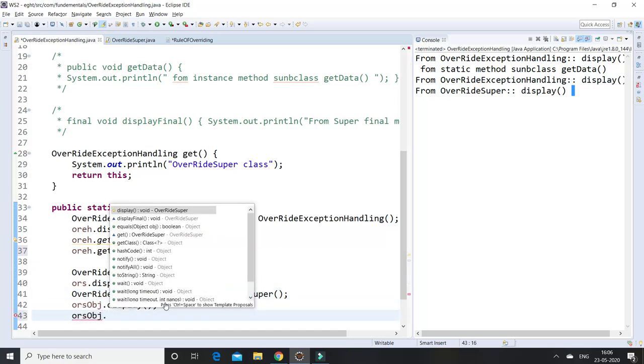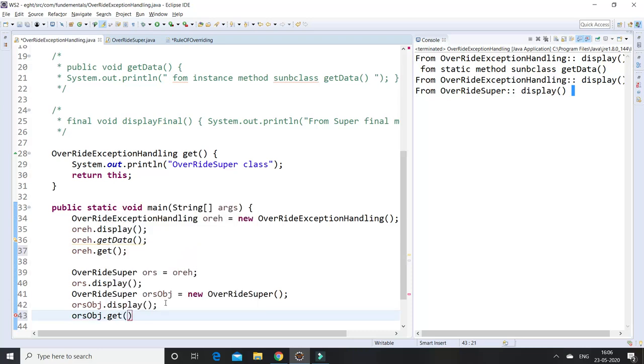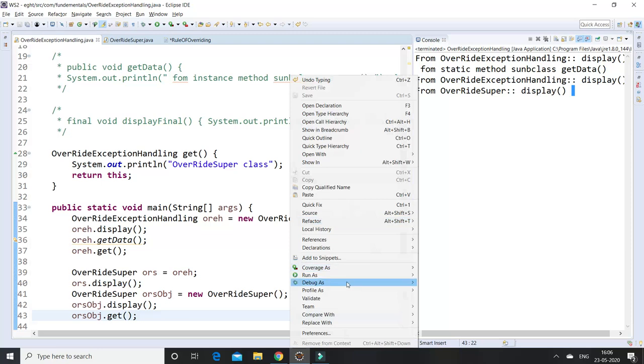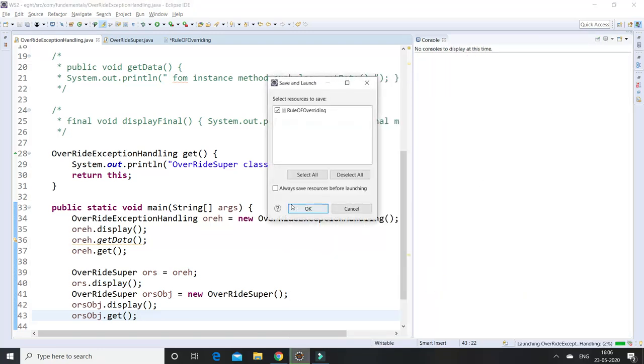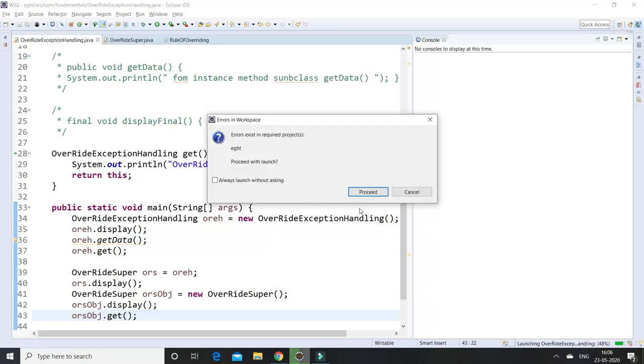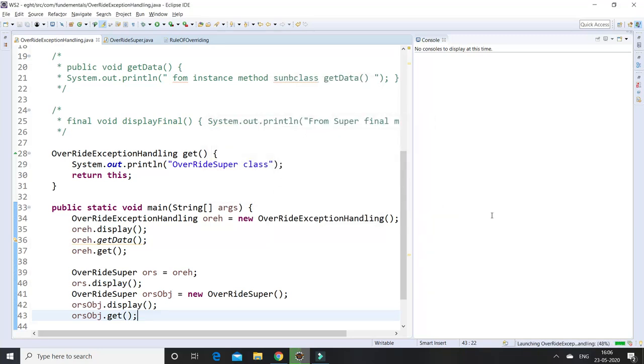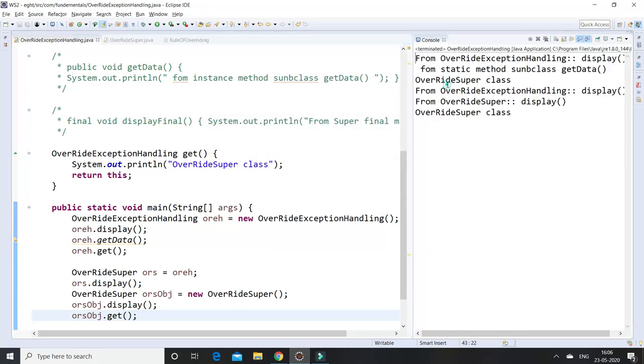That get. So execute our application now. Let us see whether it is executing or not. See, overriding superclass, overriding superclass, it will be executing.